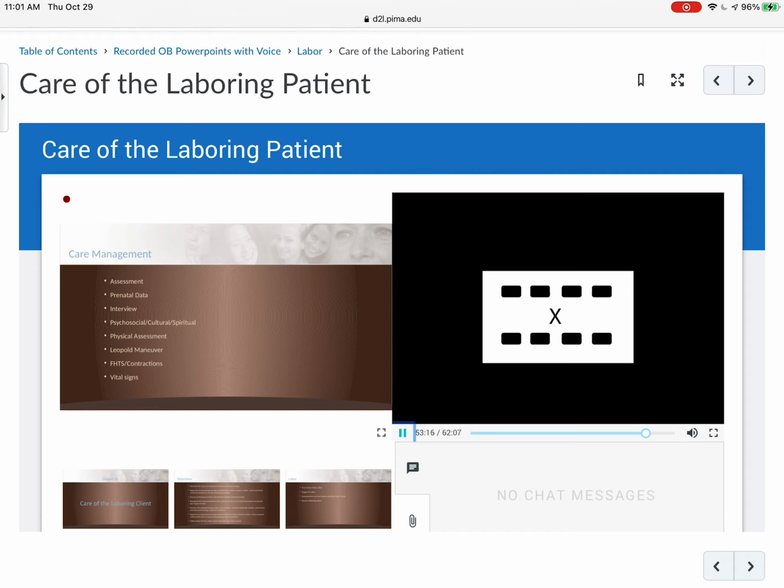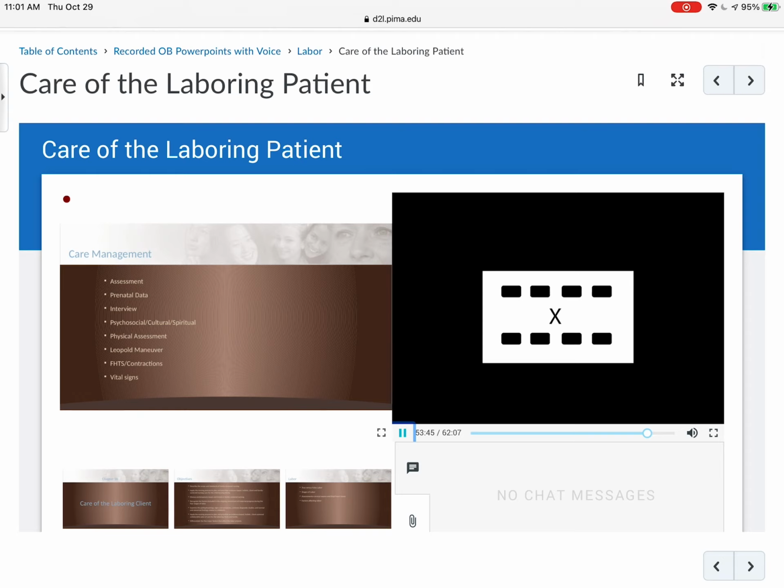Care management of a patient then requires a full assessment. When a patient first comes in, we have their prenatal records. We look at the prenatal records. Labs have been drawn during their prenatal care. Labs mean all STIs. We check their H&H during their prenatal record, their blood type. All kinds of blood work is done. We have that because the doctors send it to us in the hospital. In addition to that,